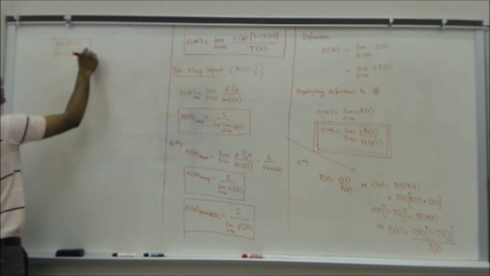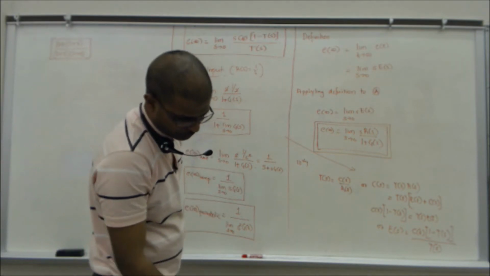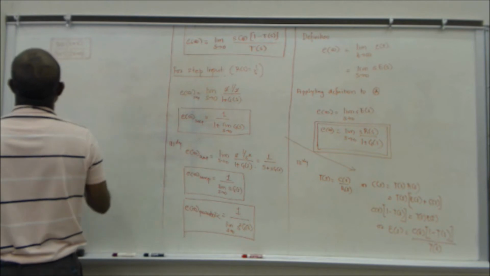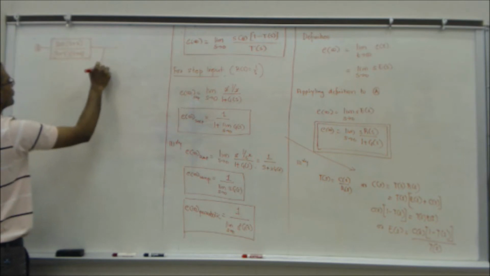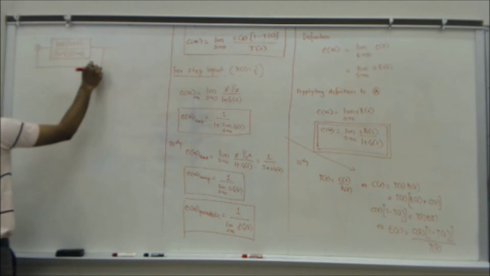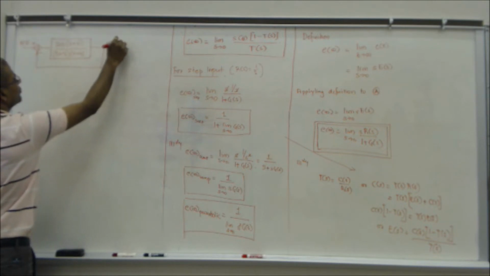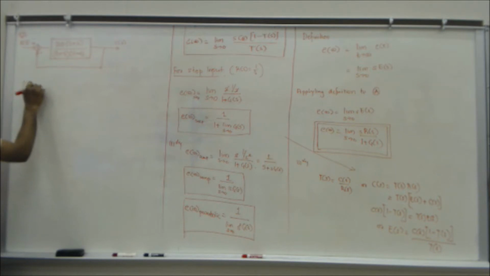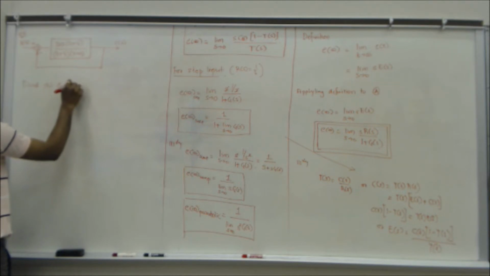You'll be given something like this, and this is your example. You just find one E step,